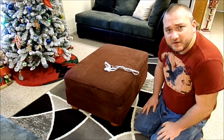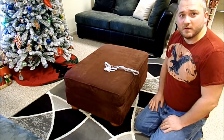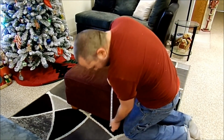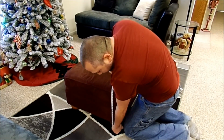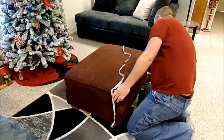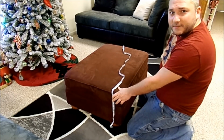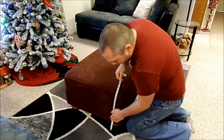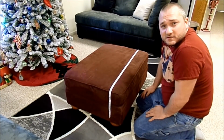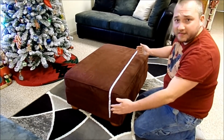So the first thing I'm going to do is measure the length and the width of the ottoman. I'm going to take one of these flexible tape measures and start right here at the floor. I'm going to measure up, around, and down until I hit the other floor, and add 1 inch to that. This measures 67 inches, so I'm going to add 1 inch, so my length is going to be